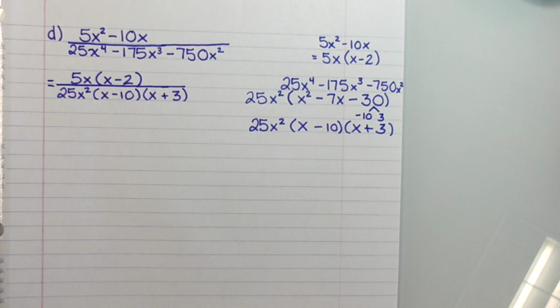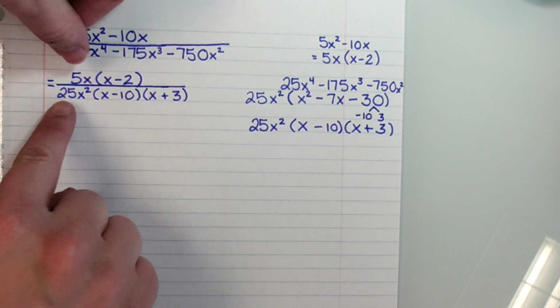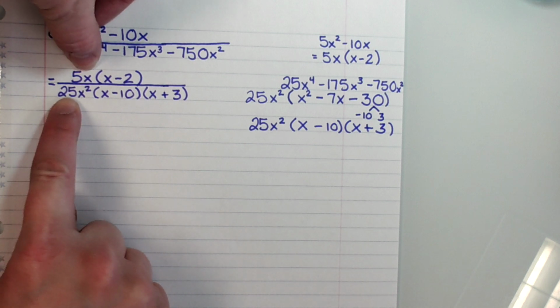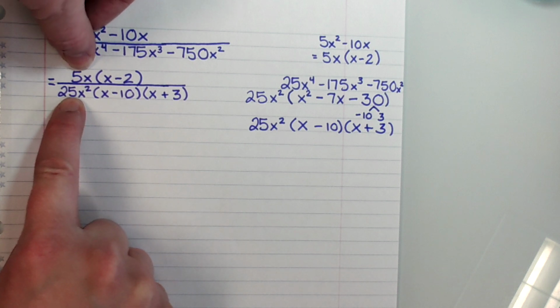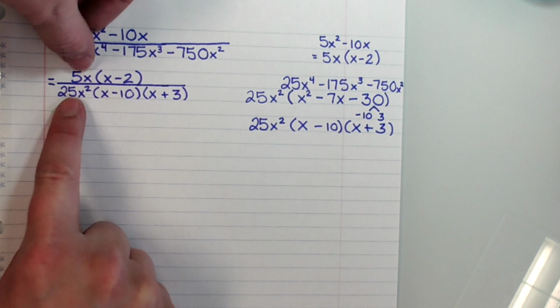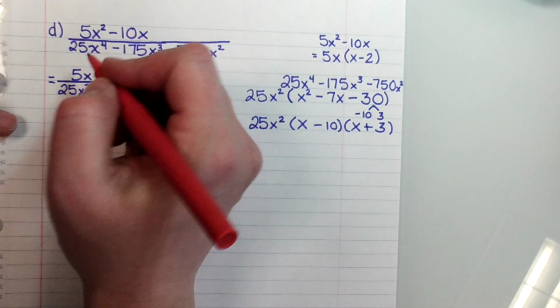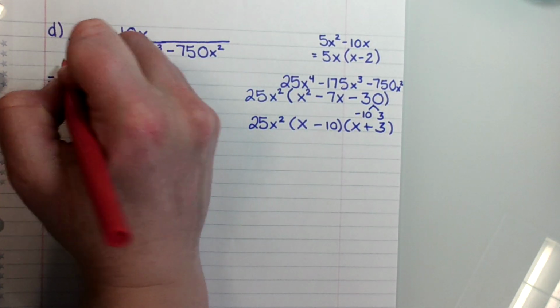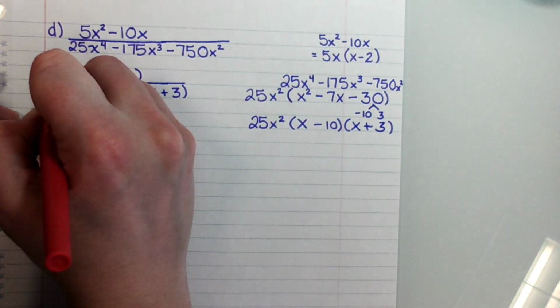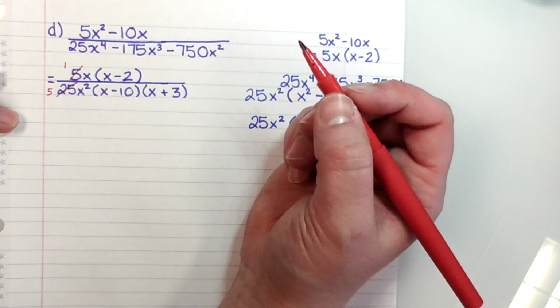Do you notice none of the binomials match? None of the parentheses match? I'm not crossing off any parentheses. It doesn't mean it doesn't simplify. Look at the stuff that's in front, those greatest common factors. When it doesn't have the pluses or minuses, the GCFs, you just see what divides out of both of them. What divides out of both 5 and 25? Out of the numbers, I can pull out a 5, leaves me with a 1 up there, leaves me with a 5 down here. Out of the x's,